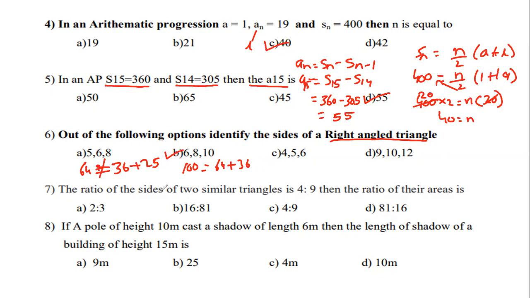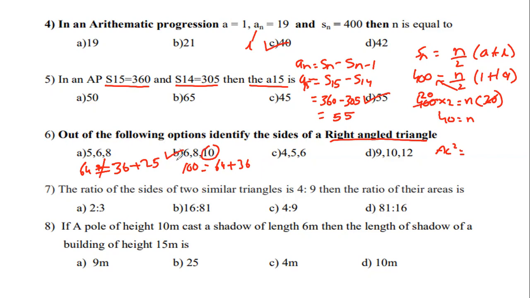Don't put in formulas and everything, quickly solve the sums. For a right angle triangle, obviously AC square is equal to the hypotenuse square. This is the hypotenuse square. 10 square, 10 times 10 is 100, equal to the shortcut: 64 plus 36, 100. You will get LHS equal to RHS. Then choose option B. If you have any confusion, then try to solve.